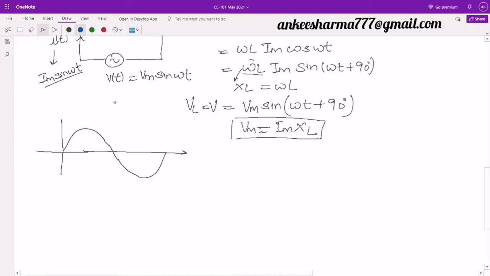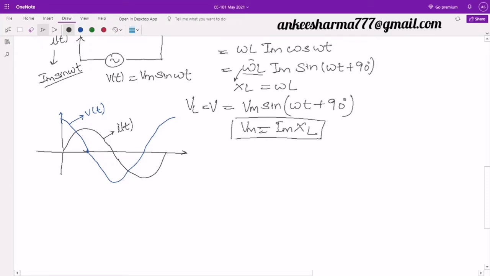It means now my signal will start in advance, it means it will come earlier. Then I can say that my voltage Vm, which is the multiplication of Im into XL, so I increase the value a little bit here. So it will start from here and it will go like this, and so this will be my V of t, and the previous one was I of t.